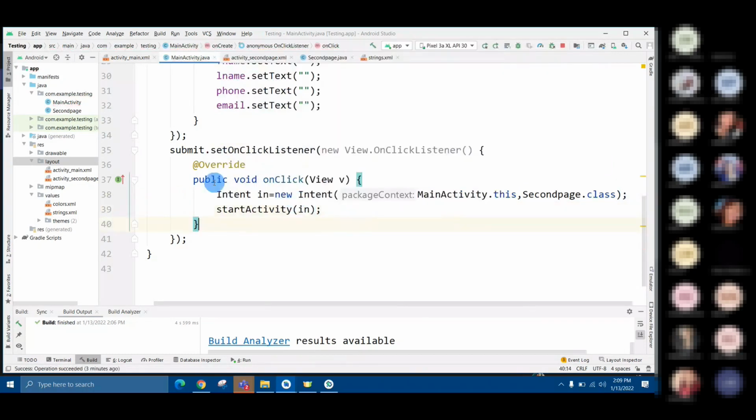So what I'm telling here is that I have an intent. The intent is stored in the variable in. The intent is from the main, that is main activity dot this, that is this page. From there, you go to the second page dot class. So it takes two parameters. First one is the existing page where you are. Second one is the destination where you want to go. Now intent is fine, but the intent will execute only when you start that activity. For that, we have one method called start activity, which takes one parameter, that is the intent. So now when I run this one,